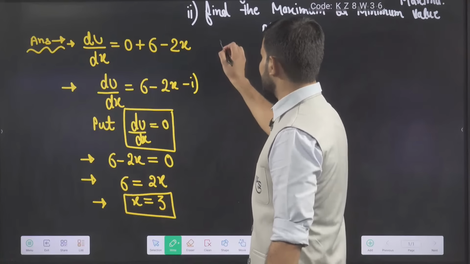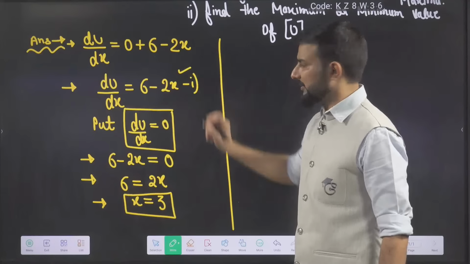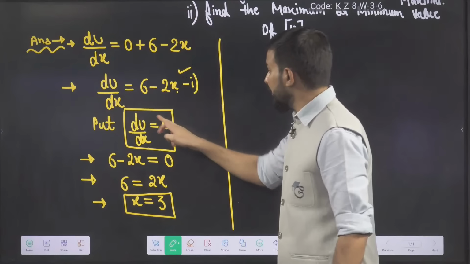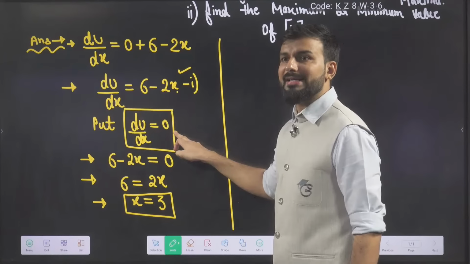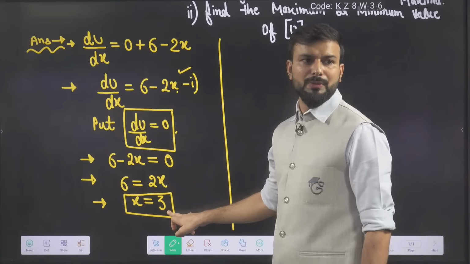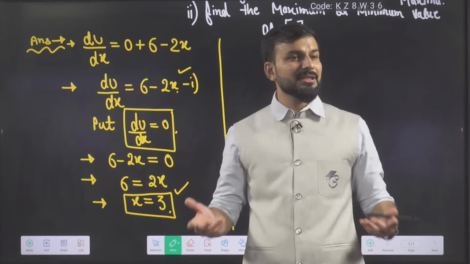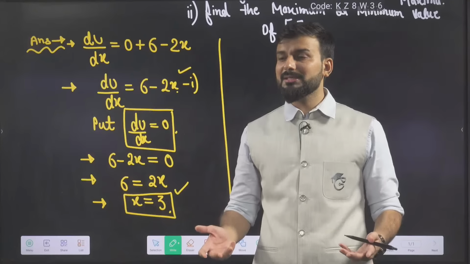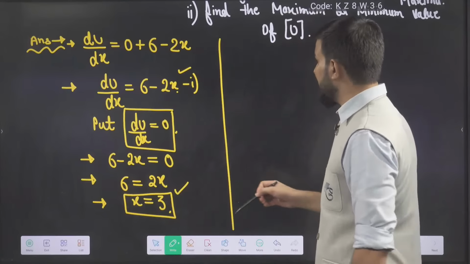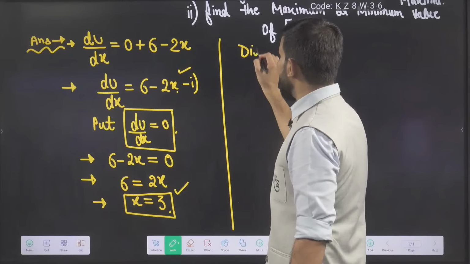Because so far, the first differentiation I did, I got this as the differentiation. So how many values of x are there? Infinite. But I want the one where du by dx is equal to 0, when the slope is 0, when x is 3. But I still don't know whether maxima is there or minima is there. So to find that, what do I have to do? Then from this, differentiate